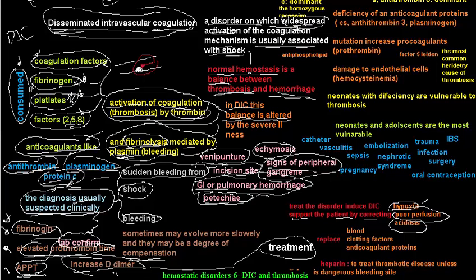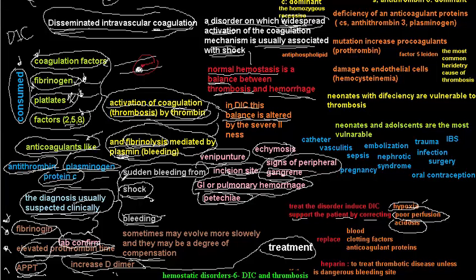How to diagnose disseminated intravascular coagulation? Actually, the diagnosis is a mix between the clinical features and the lab results. There is no definitive test to tell that this is DIC. You have to suspect it clinically. How to suspect it clinically? You may have shock, you may have bleeding. Shock from thrombosis, and bleeding from the decrease in the anticoagulatory factors, protein C, protein S,